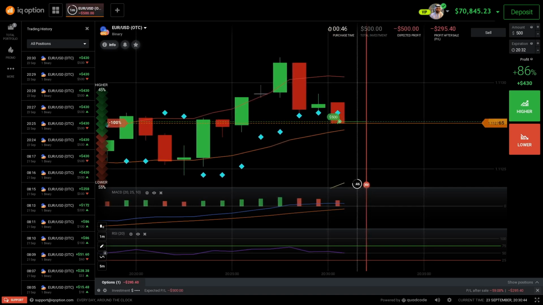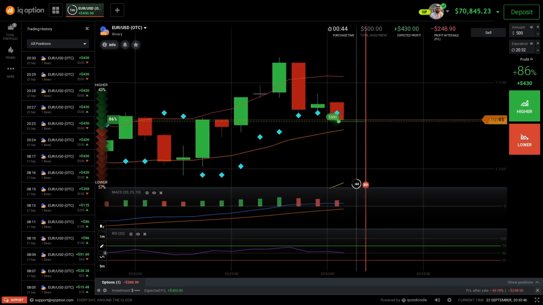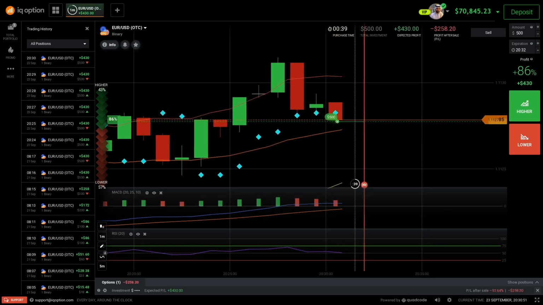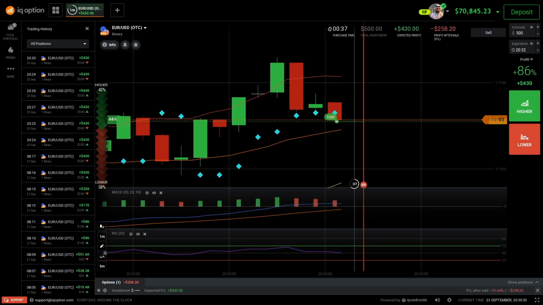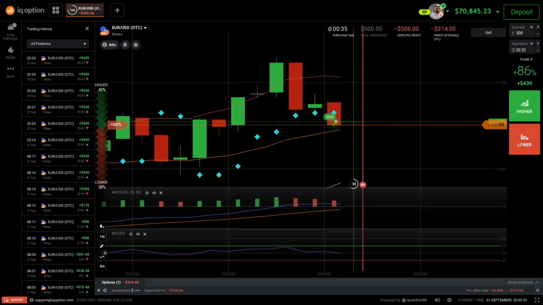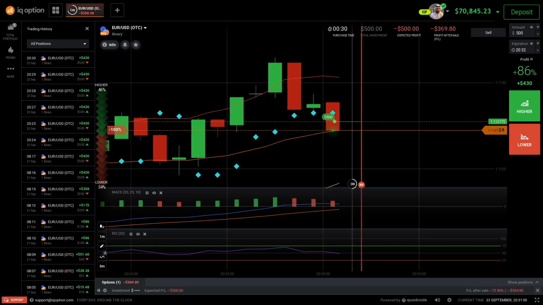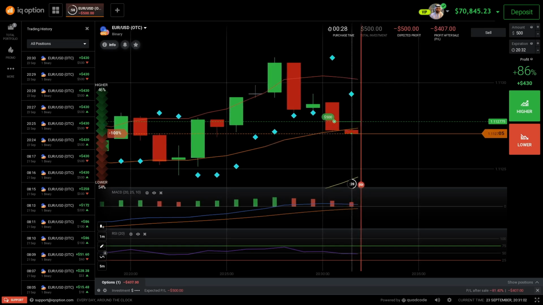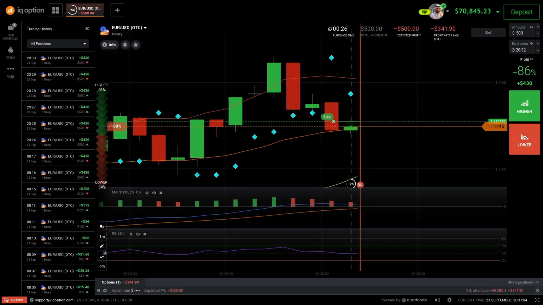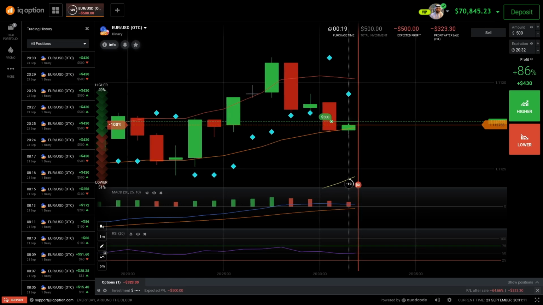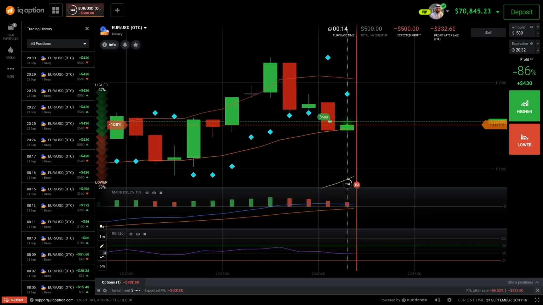Short expiration times like 1 and 5 minutes are risky. While binary options often offer short expiration times, be careful with ultra short term trades as they can be extremely volatile and hard to predict. Short expiry time requires precise timing and quick decision making. You don't have too much time to think and to analyze the market. So you must have a fast strategy that gives you fast predictions.